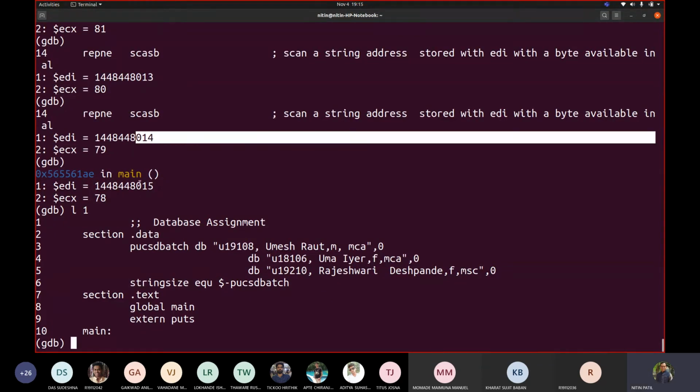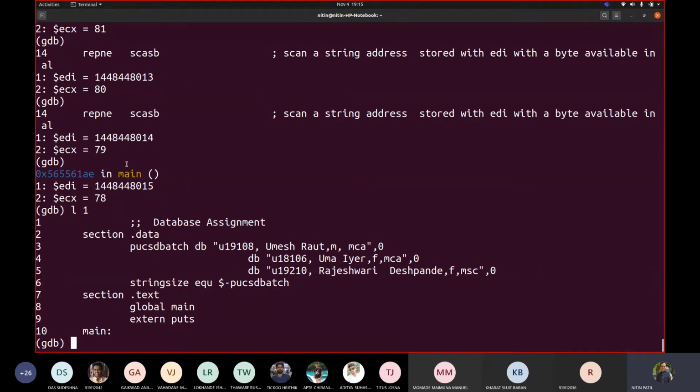Correct? Then it continued with next because it crossed. It came out of this, because see, it is showing here some blank statement. Correct? That means there is no instruction available. 15 statement is not available. That's why it is showing us that nothing is there after this.